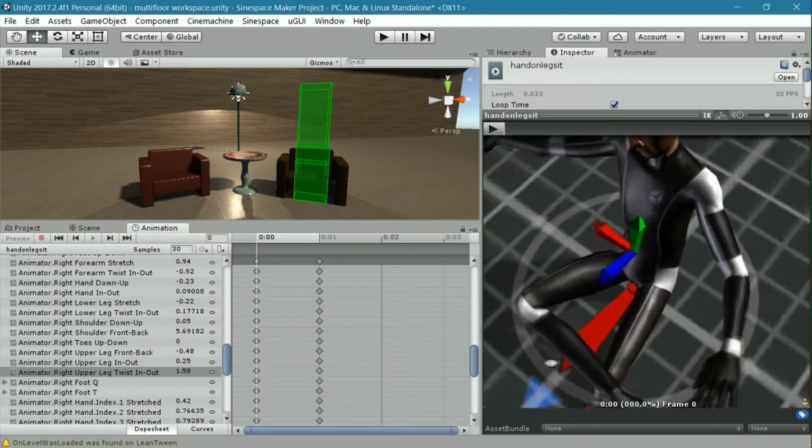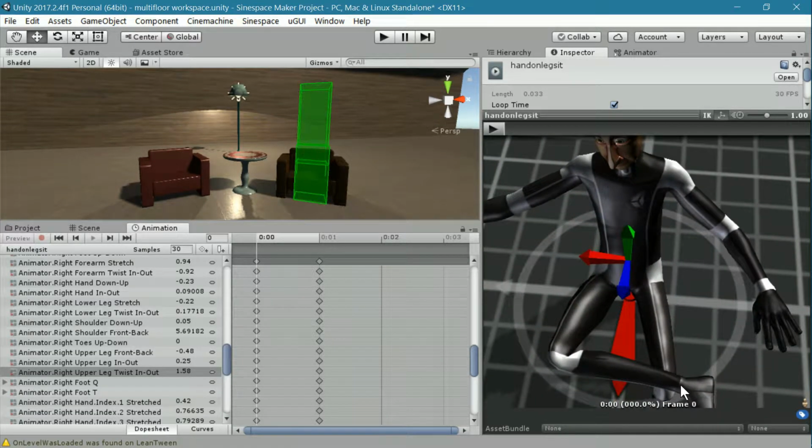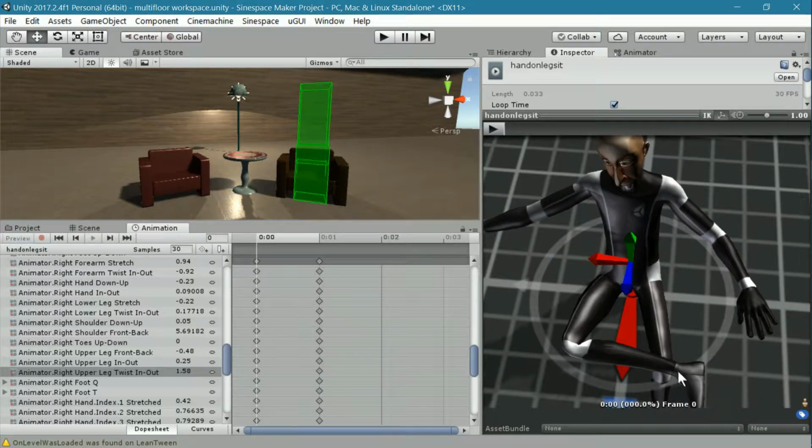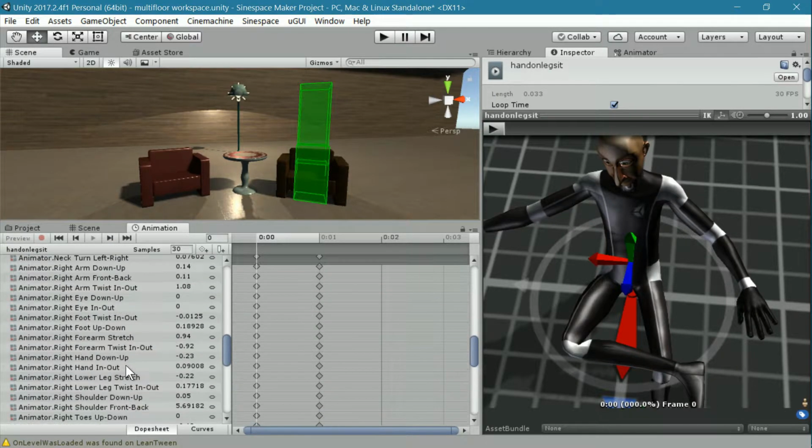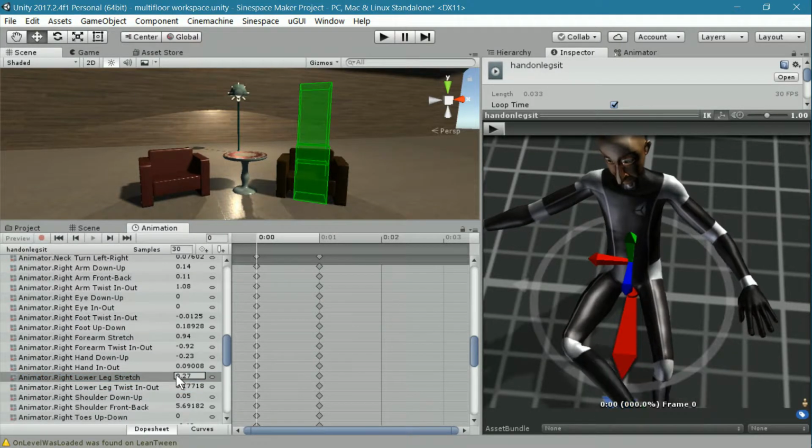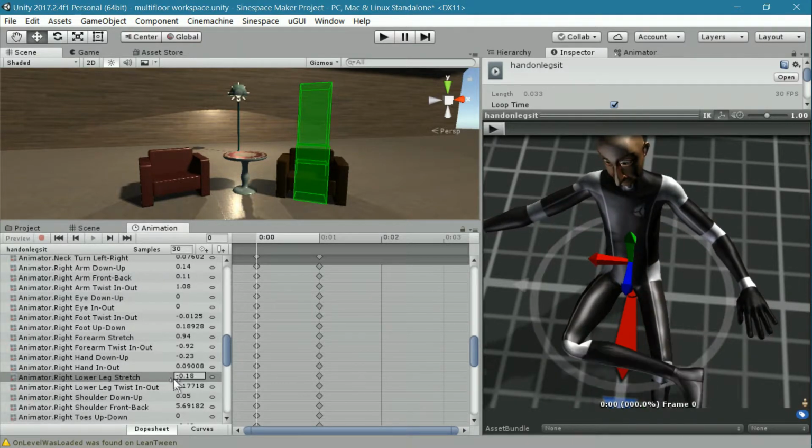That's not exactly natural, however, that it rests way out here on your knee because I think your leg bone would start to hurt. So now what we need to do is we're going to go down to this lower leg and I'm going to go to the right lower leg. And if you look, you can see you have two properties, right lower leg stretch, right lower leg twist in and out. The stretch basically moves that leg like so, and you can see his whole body moves,